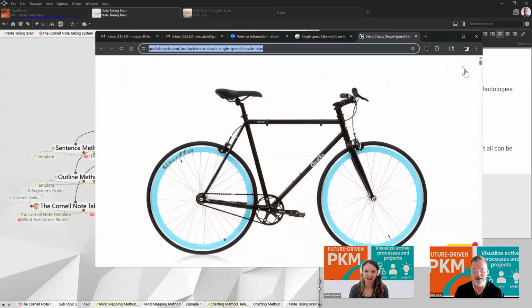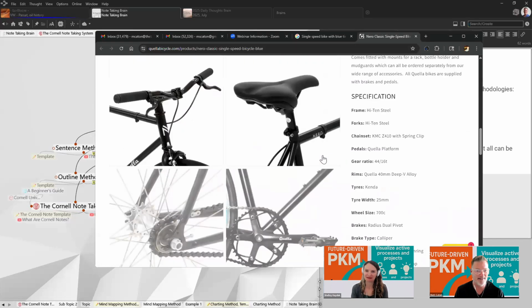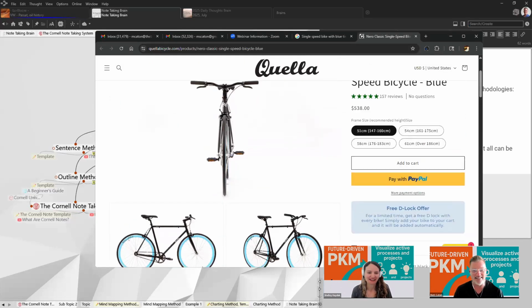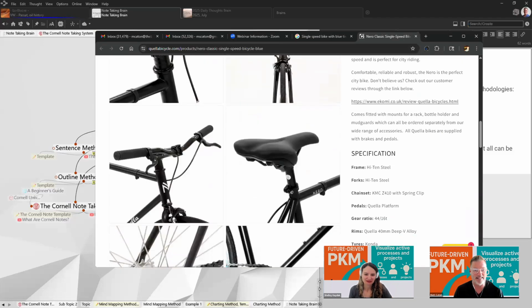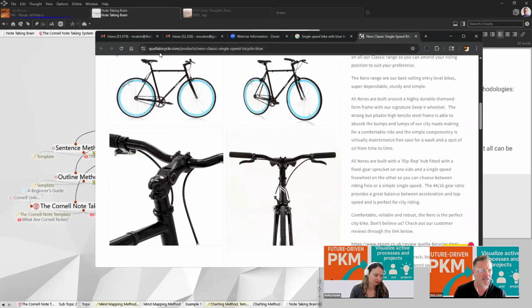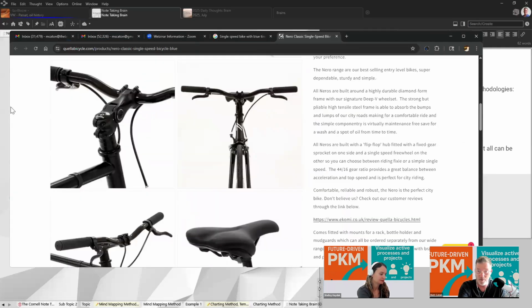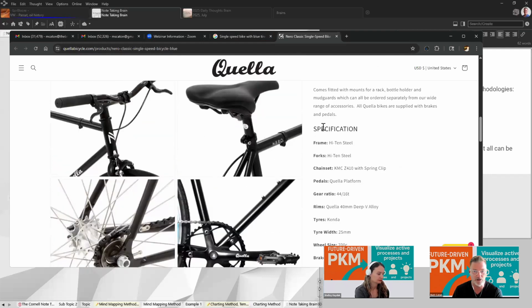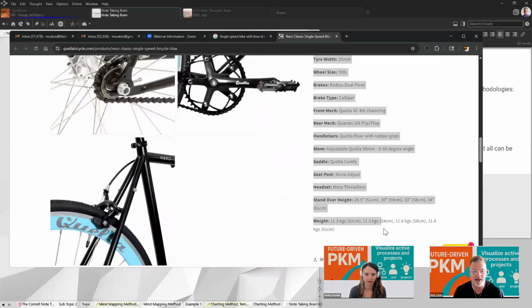So let's say, this brain, Matt's chomping at the bit, oh, I love this feature, my favorite feature. Yeah, I'm using it a lot these days. So let's say this is a page that I really, really like. But who knows if Quella Bicycle is going to be around. You saw earlier I was on a web page of a part that I purchased that's not there anymore. So let's say, gosh, I really need to know all of these specifications for this bike, but this might not be there in the future.